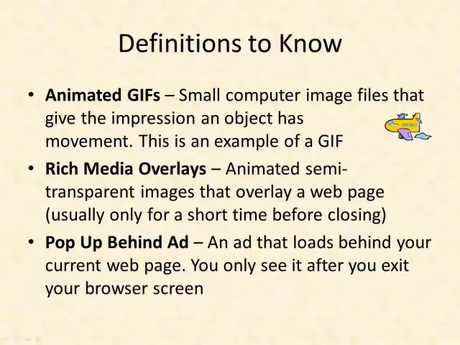Next on our list is animated GIFs. Those are small computer image files that give the impression that an object has movement. Let me see if I can come back with this and get it to move again. There we go. So it's just a series of pictures together and it gives the feeling that it has movement. A newer version is video in a banner ad so that you have